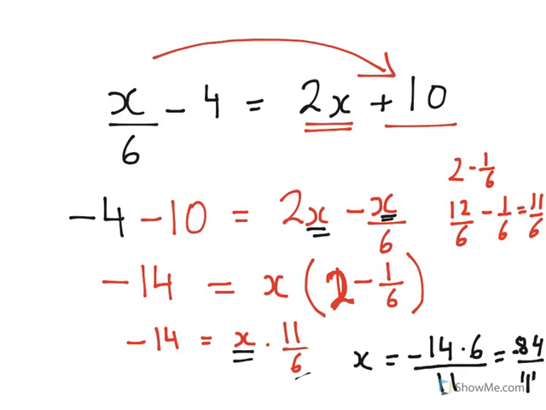Right, what do we do now then to make sure that we are correct? We want to check that x equals minus 84 elevenths. We actually substitute, where every time we see x, we put in our solution here. We think that x equals minus 84 elevenths into the equation up here. So I've prepared the next